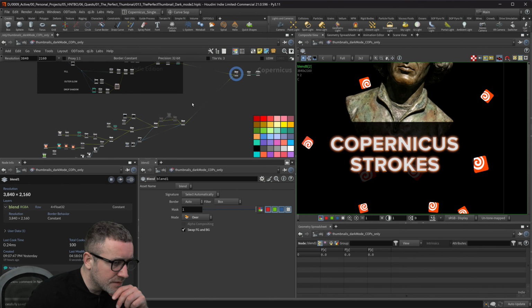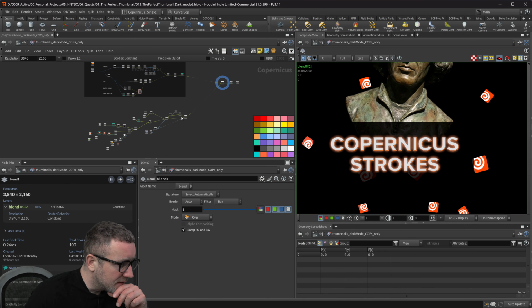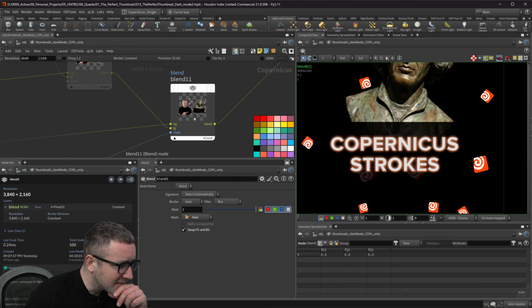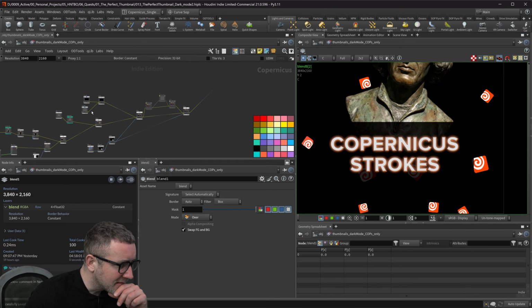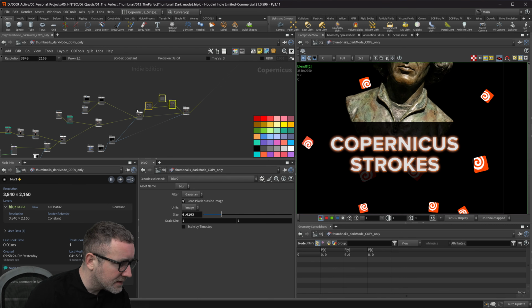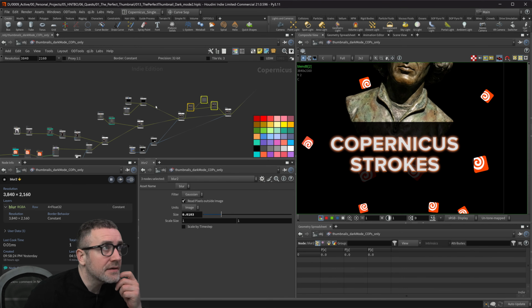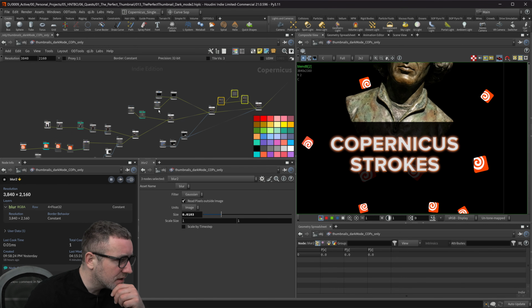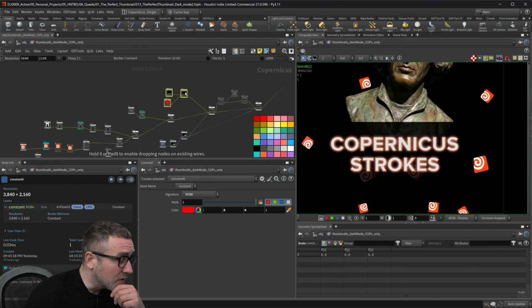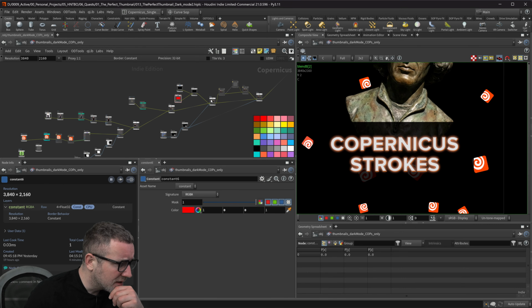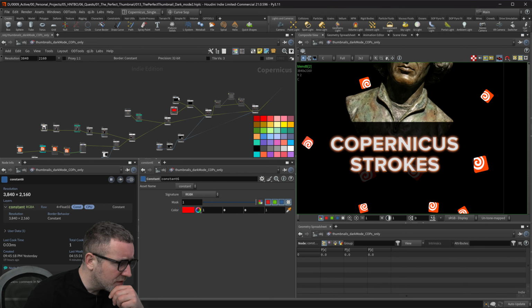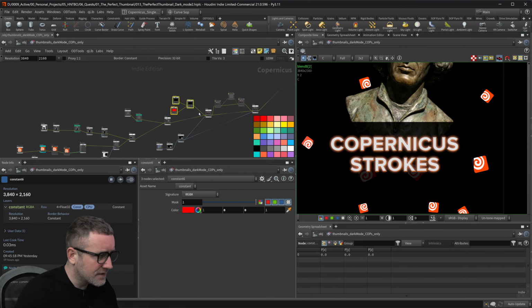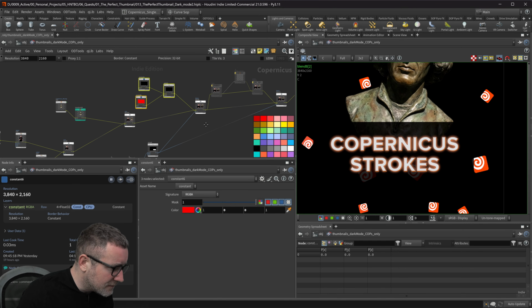So maybe I should, instead of having the cartridge, the box here, maybe I should use it with the text. Would make it easier for